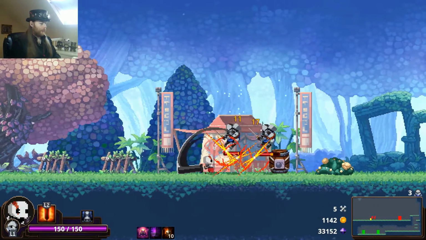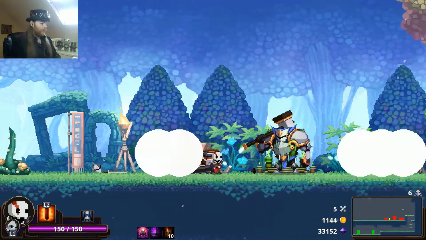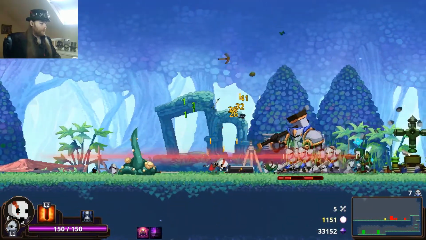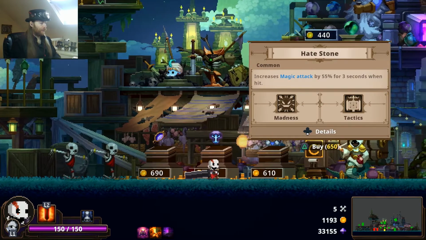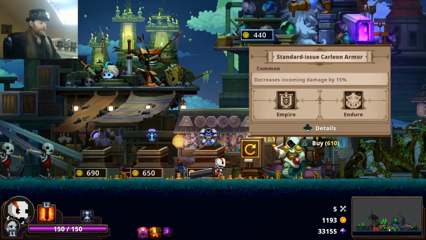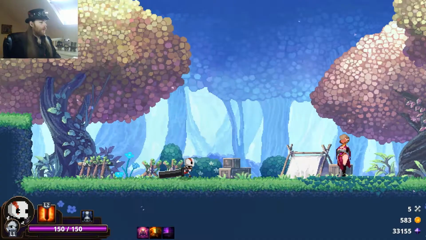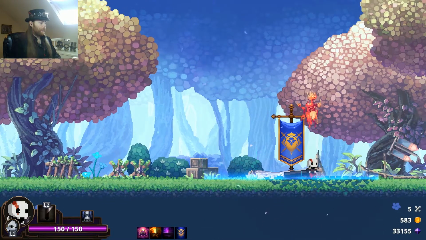I know there are items which just flat out increase concentration speed, and those would probably be a little on the useful side. What are you? Swapping inflicts stun. Interesting. Aha. Standard issue armor. Always a classic, always useful. And of course I'm fighting something like...